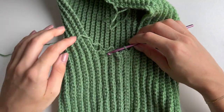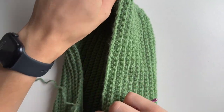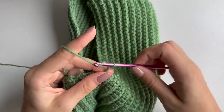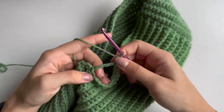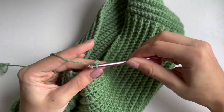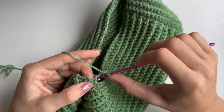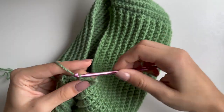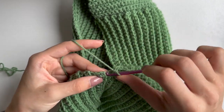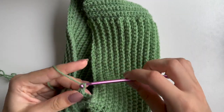This is how it will look joined, and your hook will be here. And we will now start doing ribbing around the opening here. So chain 5 into the second chain, go with the single crochet and do total of 4 single crochets. Then when you reach this ending here of 4 single crochets, do a decrease. So pull up a loop in the next 2 spaces, pull through all of them, chain 1 and turn your